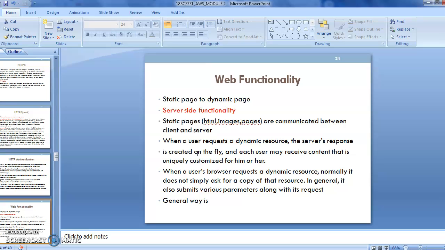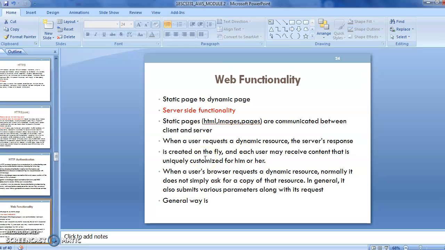But now the user requests are sent to the server in the form of dynamic resources, which are created, not available earlier. They have to design new things as per user requirement, or you can say the response is created on the fly.